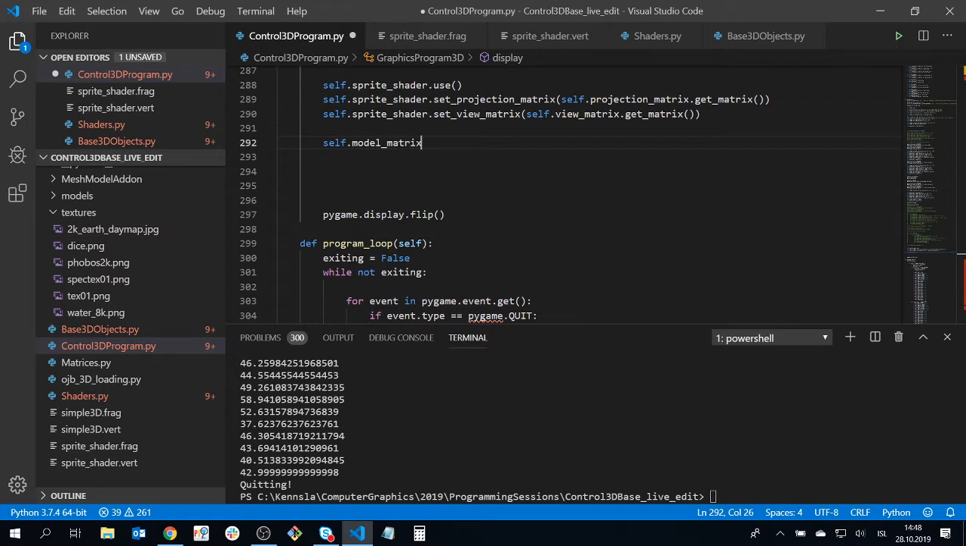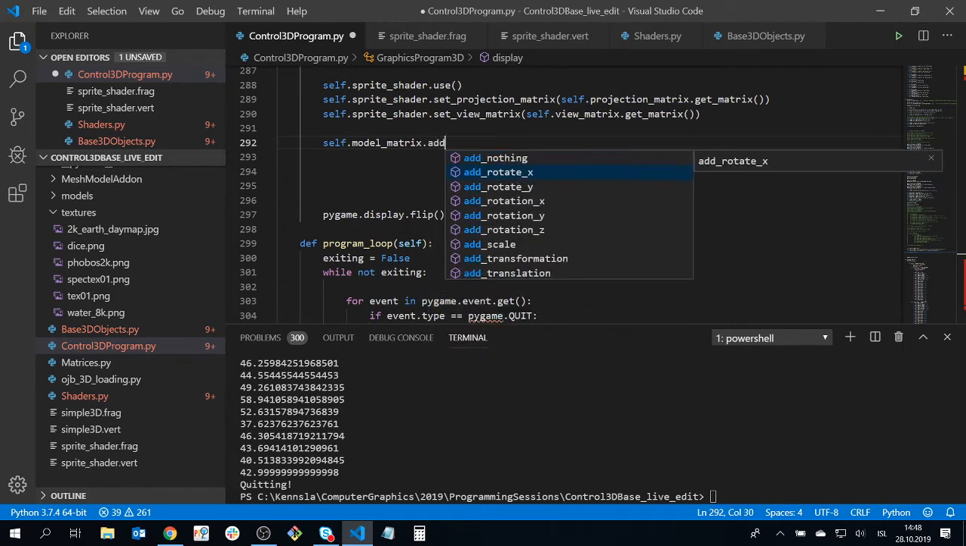In some cases, we might want to use the same model matrix with some transformations that have been done, then pop those off, add a few, draw some sprites, draw some objects, pop back. We can switch back and forth in this. So self.model matrix dot add